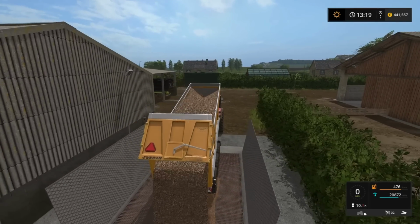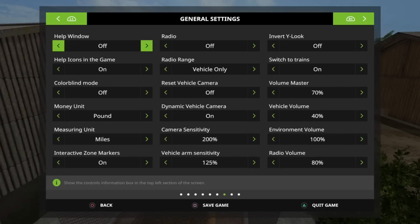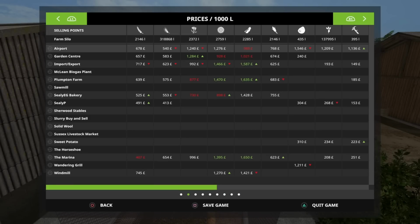So whilst unloading, let's see what we've got in storage. 154,000 litres. Okay, so 45 and a bit, nearly 46,000 litres. Okay,